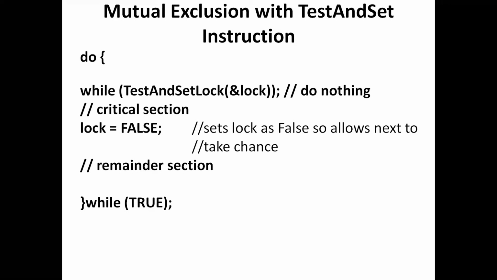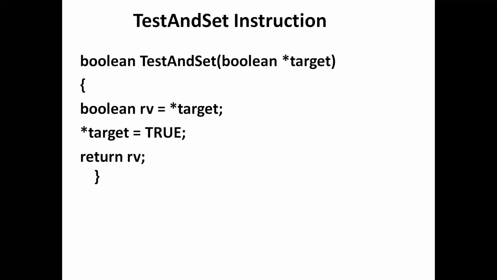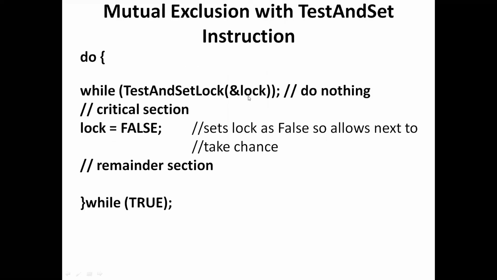If another process is executing in the critical section, the process which is wishing to enter into the critical section should wait. Now, initially the lock holds the value false, and target also points to that same lock, because we are passing the lock's address as a parameter to the test and set instruction.